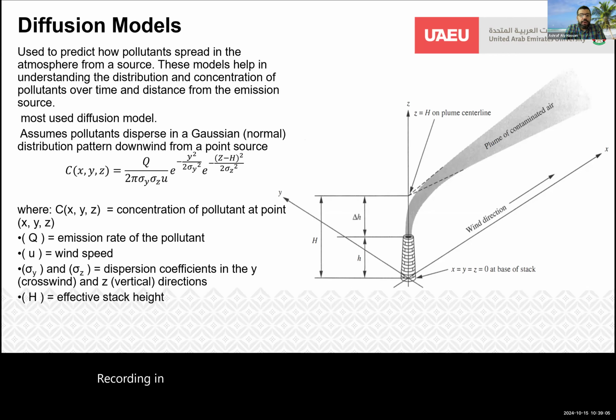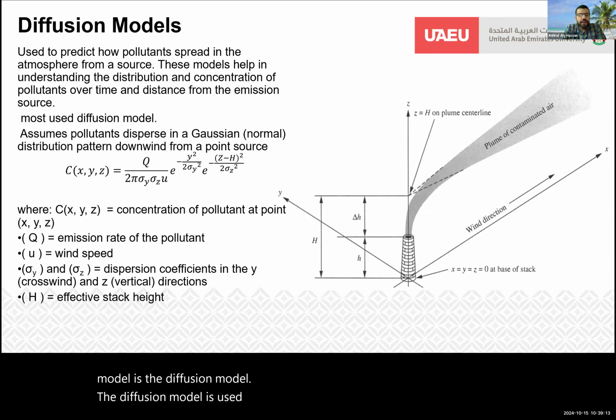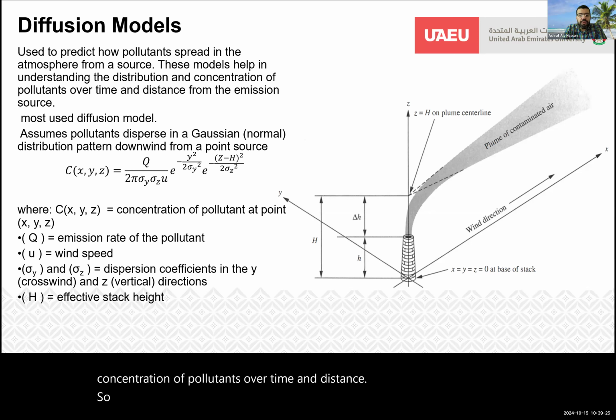So the next model, which is the most commonly used model, is the diffusion model. The diffusion model is used to predict pollutant spread in the atmosphere from one source. These models help in understanding the distribution concentration of pollutants over time and distance. So the model assumes pollutants disperse in a Gaussian normal distribution pattern downwind from a point source, meaning that if we